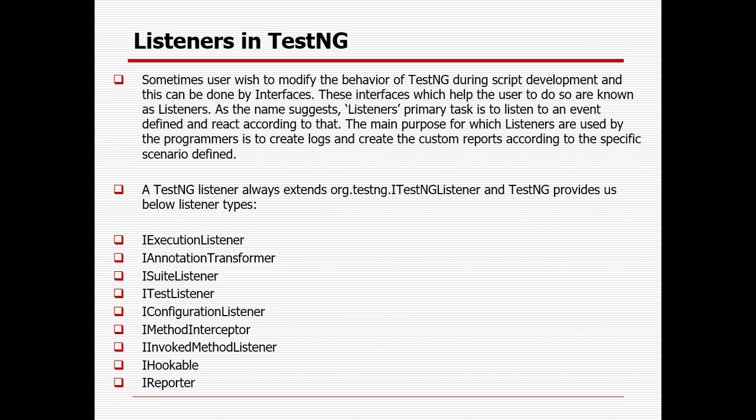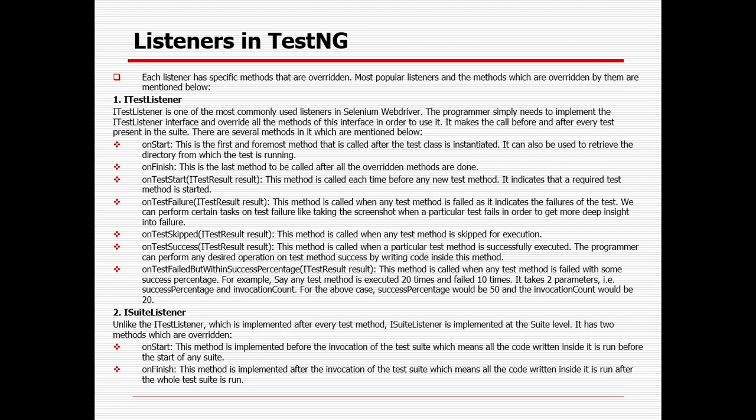A listener is an interface, you must remember that. So whenever you are creating a class, we need to implement it, right? I already talked about this. Whenever I want to extend, if it is class to class it will be the extends keyword, interface to interface it will also be the extends keyword, but from class to interface it will be the implements keyword, through which we can extend it.